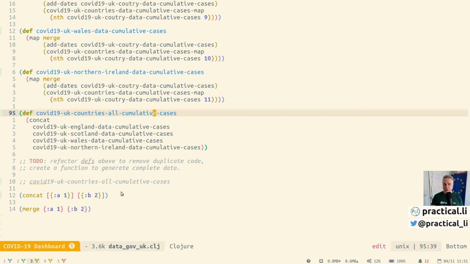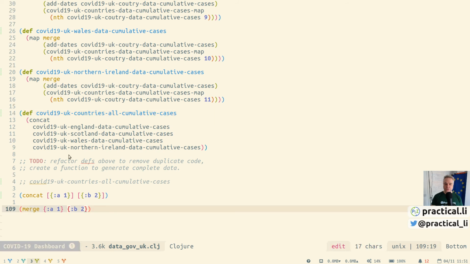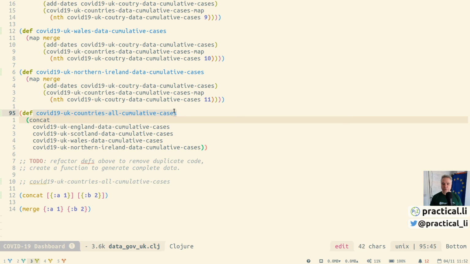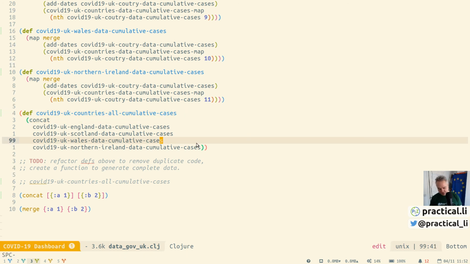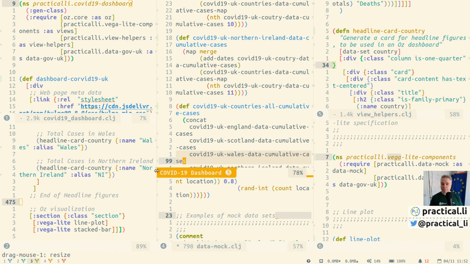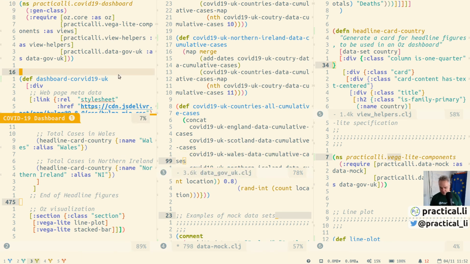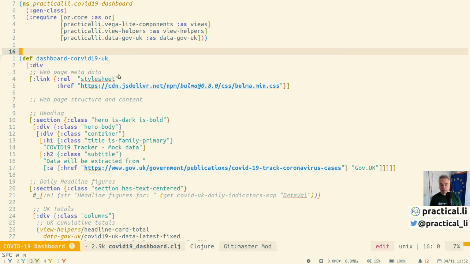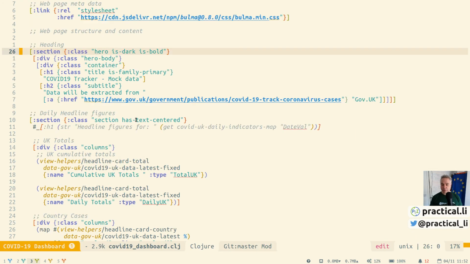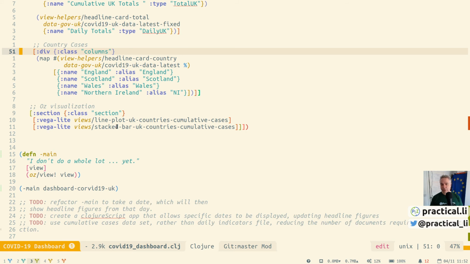And then yeah, so basically all I'm doing is just doing a merge for the countries, so the merge for the date, and then a concat for the different countries, putting them all in a single data structure. So then we're using this all cumulative cases, which is what I put into the main dashboard. I think, where are we? Oh, so the views are in the dashboard, but for the views,